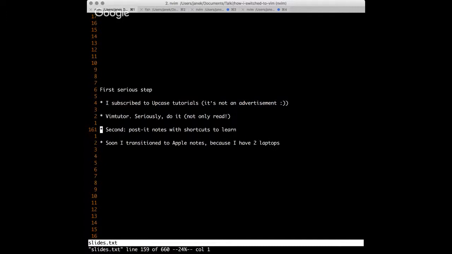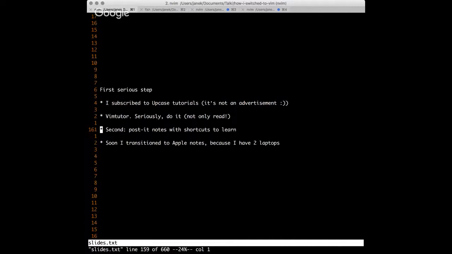So what I did was I stuck the post-it note to my laptop, and I wrote down a few shortcuts that I wanted to learn. Once I knew them, I would cross them out or maybe erase them, whatever, and write down some new ones. After a few days or weeks, I ended up transitioning this to Apple Notes because I needed to share between two laptops. And by the way, I think it's good advice if you are okay with having notes online and not on paper. It's good advice because